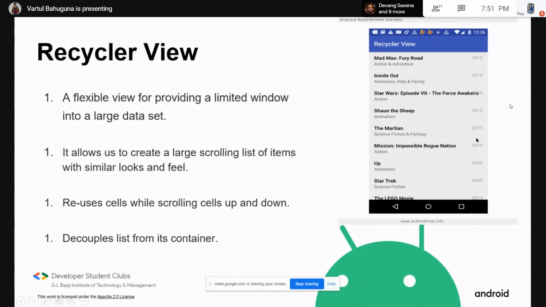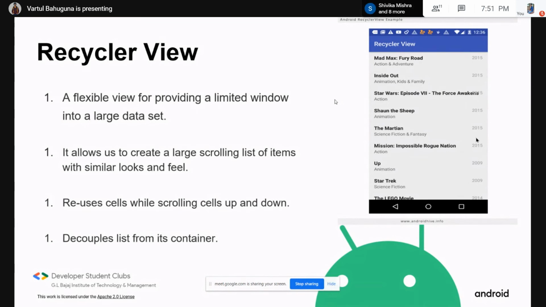Now you want to display multiple of these constraint layouts. As you can see, there is another constraint layout with text views under it, and then the next one. To do so you will be using a recycler view. The recycler view will take this constraint layout and display all the items in it.